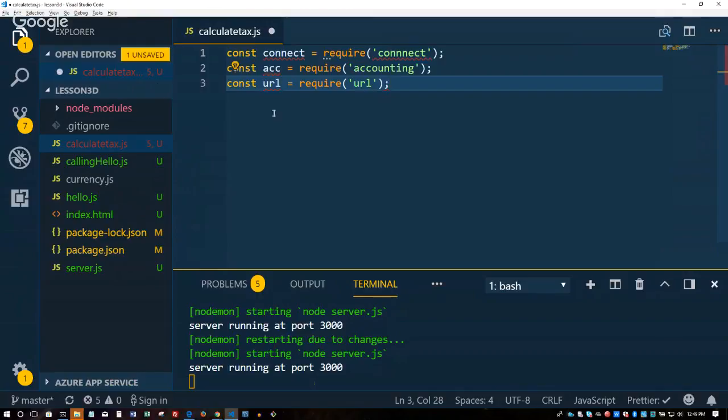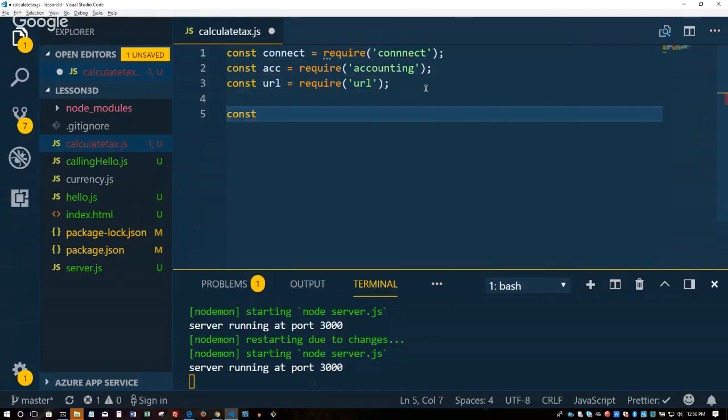Here's another one called URL. So a possible midterm question is, what are some of the basic core modules that Node comes with by default? Answer, HTTP, URL, and FS, right? Remember FS when we did the file reading stuff? Okay.